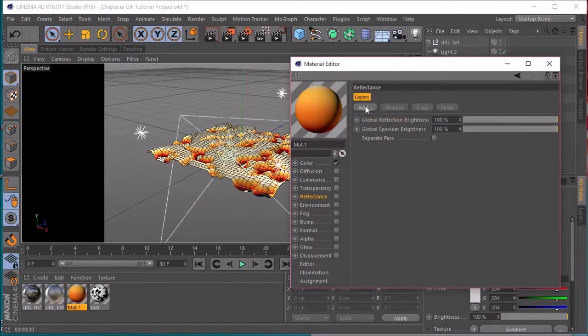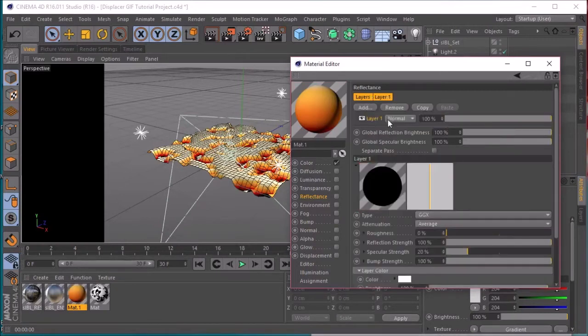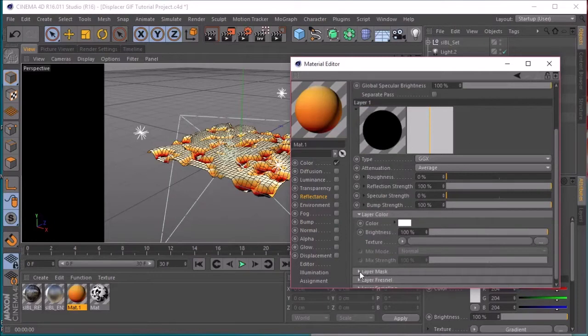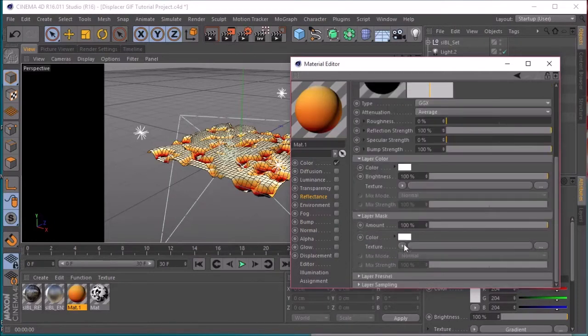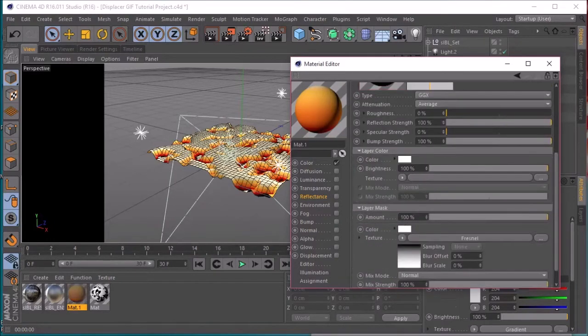Oh, I'm in R16, by the way. I haven't upgraded to R17, which I'm not aware of any major changes within the material editing piece here. So let's add GGX, turn down specular, go into layer mask, select Fresnel,